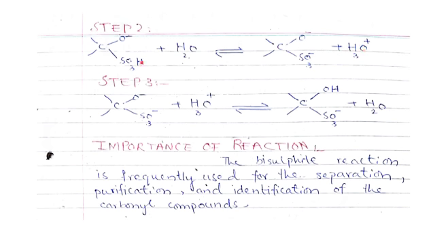In turn, this hydrogen, before leaving, will give its electron density toward the SO3 part of the attached molecule, and this will become SO3 negative, and a hydronium ion will be produced. In step 3, that hydronium ion will give a proton toward the negative oxygen, and this final adduct will be produced from this